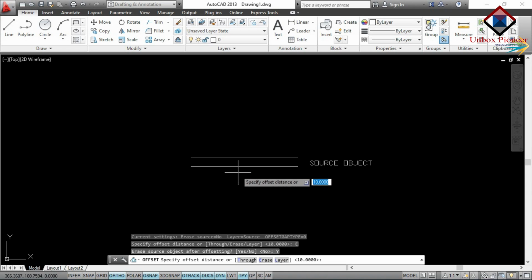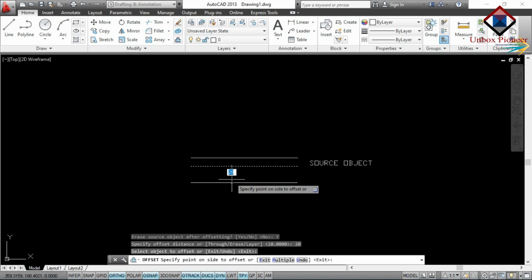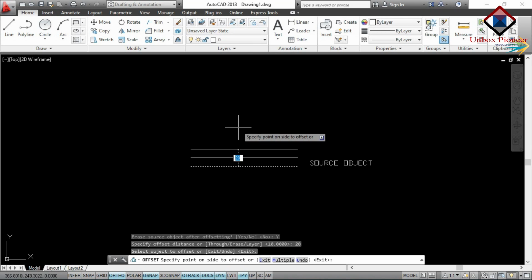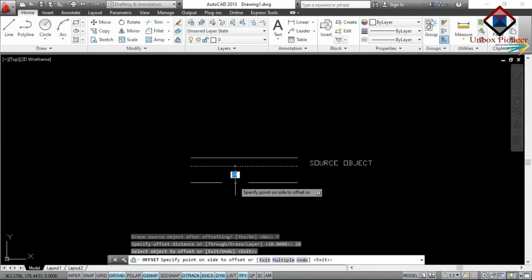Then specify the offset distance. I will put the offset distance as 20, enter. Then select the object which you want to offset. I want this object to be offset here. Then specify the point on which side you want to offset. I will offset it downward.